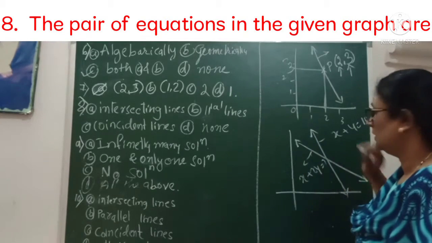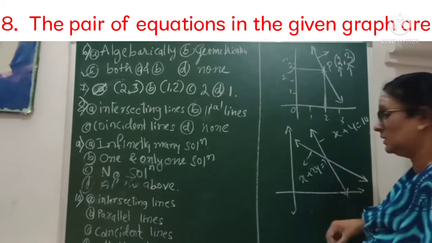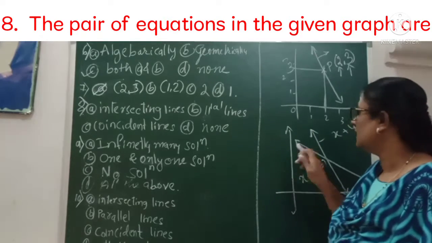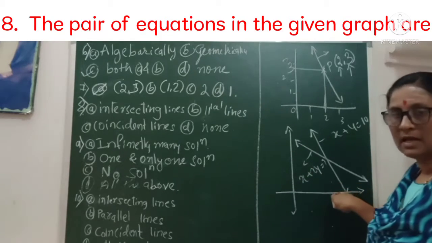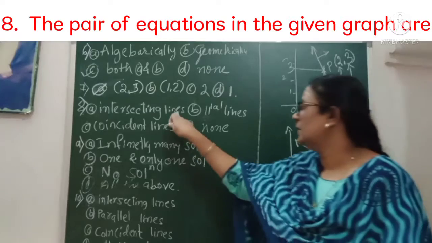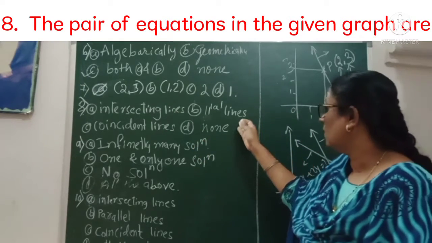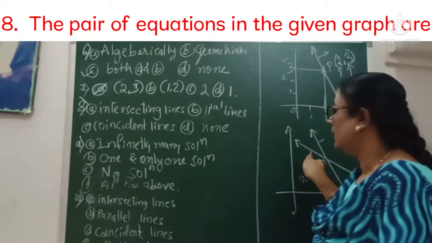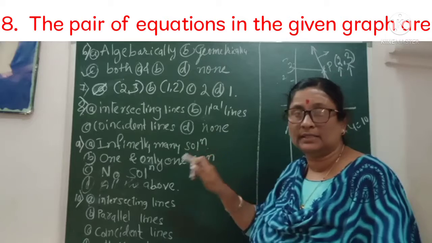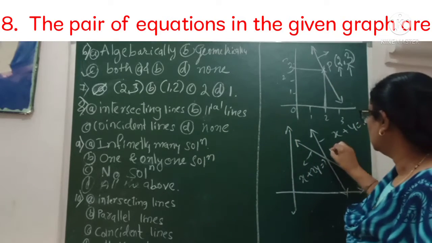If you are given something like this, don't be afraid of what this question is. We cannot solve this one, but don't be afraid. The question here is very simple. They ask, what type of lines are these? Very simple. You have intersecting lines. We call these intersecting lines. This is the symbol of parallel. They are not parallel lines. They are not coincident lines. And none. So that is the correct answer.